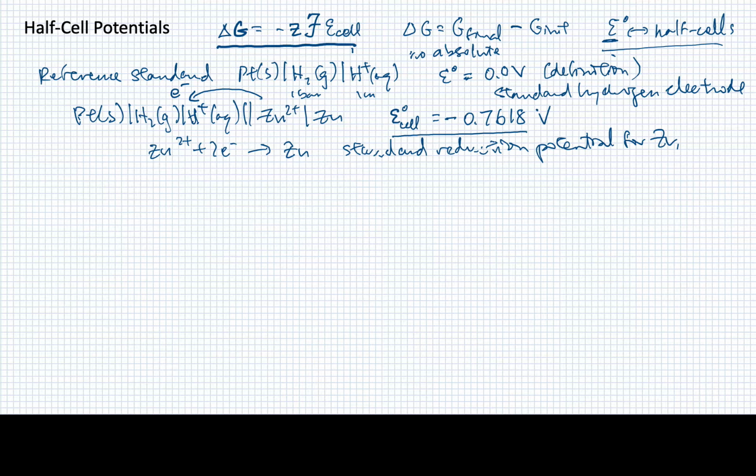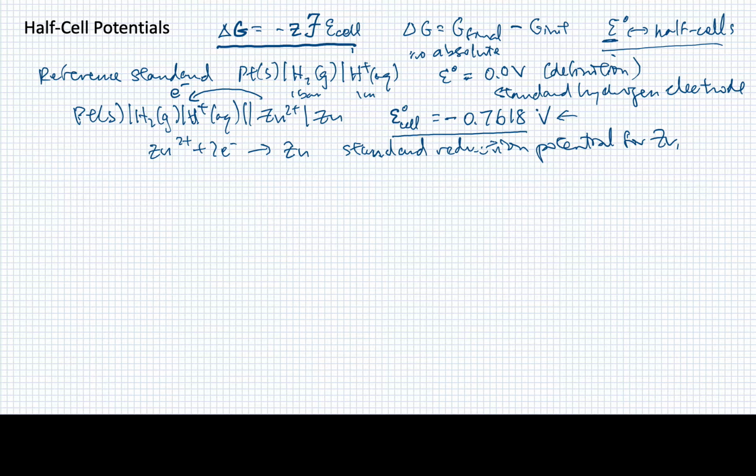And so this can be used as a reference in much the same way that we use standard thermodynamic tables with heats of formation or Gibbs energy of formation or absolute entropies to find entropy and enthalpy and free energy changes for different sorts of chemical reactions. We'll be able to use these standard reduction potentials to determine the standard cell potential for any combination of half cells. Now, one thing I'll also mention that you should take as a take-home from this is since the electrons